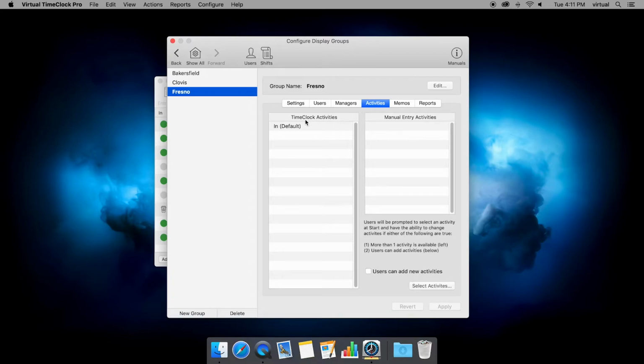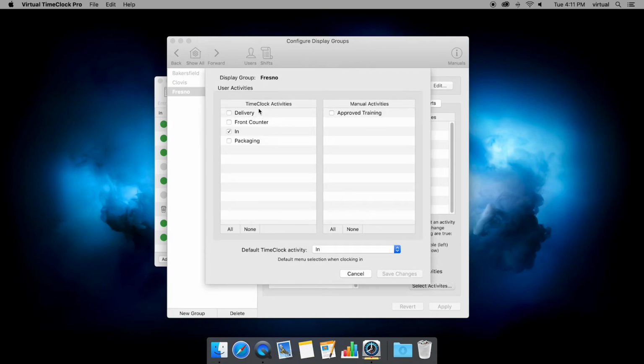Now you can see over here under time clock activities, currently we're using the default In activity. And that's what we're going to change. So down here, I'm going to choose the Select Activities button. And you'll see now I have check boxes with these windows. So this is where I can assign what activities I want to be available for these employees. So I'm going to uncheck the In, and I want these three activities to be available for employees. And then I also do want manual activities for managers or whoever is in this group to be able to